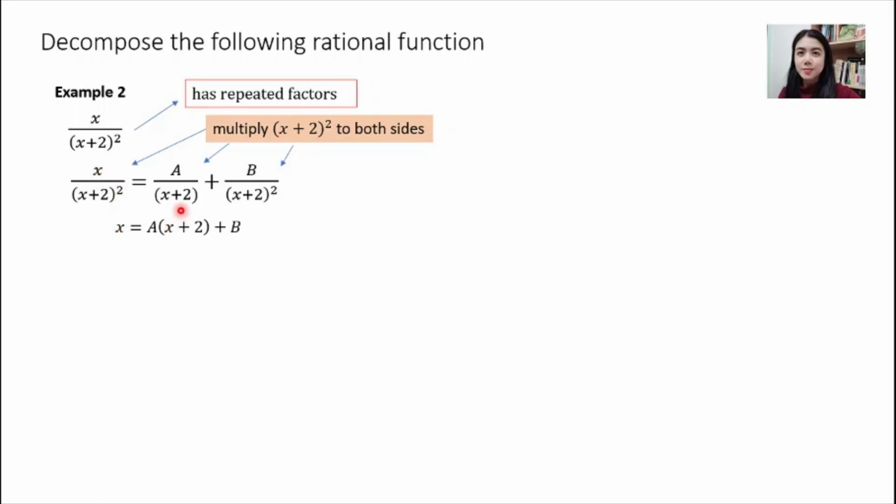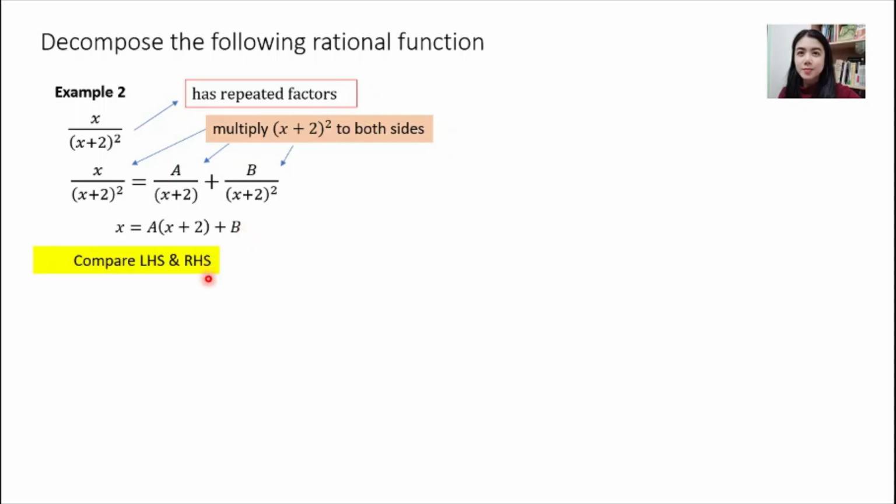And at the right hand side, for the first fraction, if you multiply this one with here, this is x power of 1 and this is x power of 2. So basically you can cancel it, and you only have x power of 1. Therefore we have a multiplied with x plus 2. For the second fraction, you multiply with this, and basically they will cancel. The thing that remains is b only. After you have simplified it,